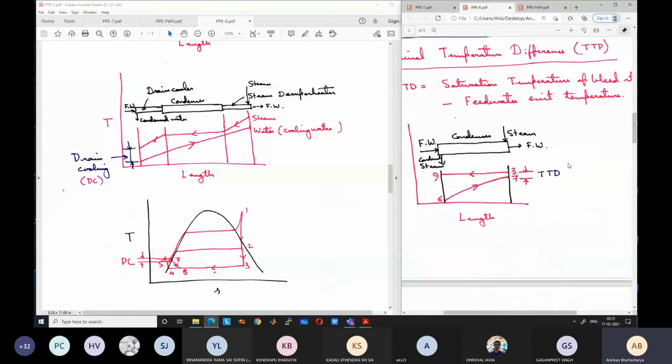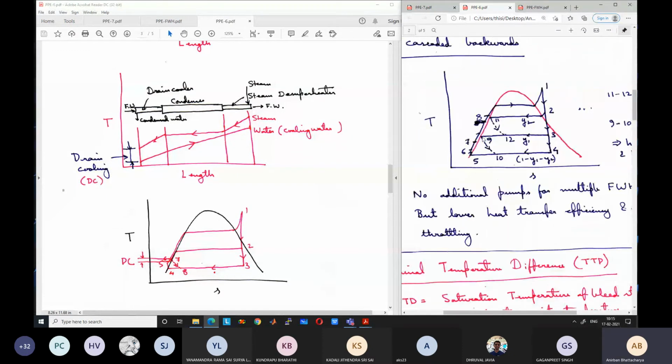So steam has already condensed to state 9. But if we keep on extracting more heat, its temperature will go down, even further than the temperature at 9. Similarly, if you do not stop extracting heat at T11, its temperature will go down. If that is present, it is known as drain cooling.